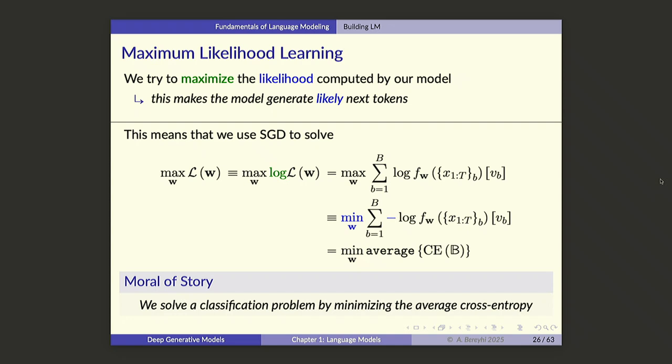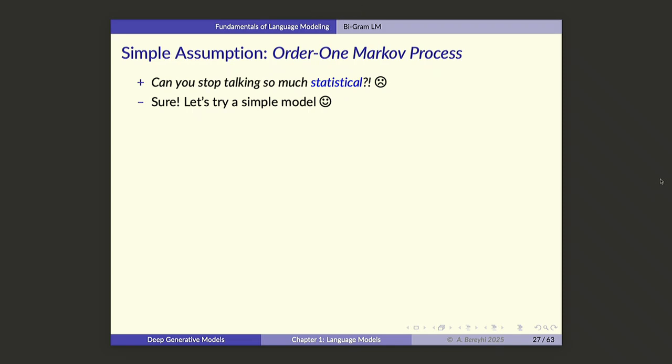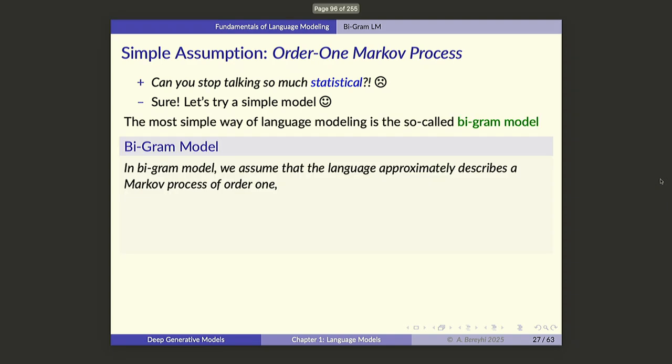Yeah? So now, you might tell me, okay, enough is enough. How much do you want to always talk about probabilities and statistical modeling of the language? Can you ever do anything that makes sense? And yes, I can do it. And now this is the point where we can do it. So let's start playing around with one simple model and see how it's going to work if you want to train it for sentence completion. So let's start with the most basic language model that you can think of, and